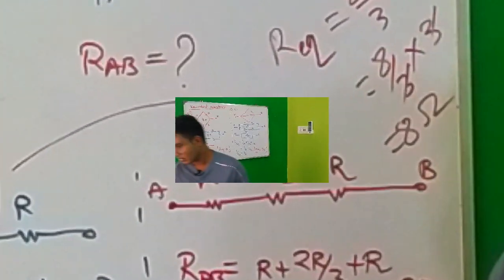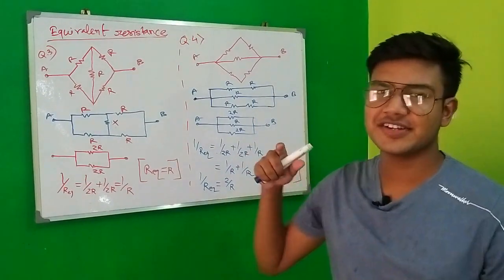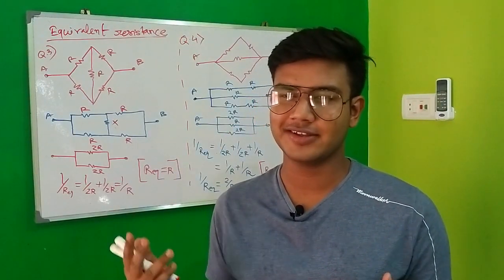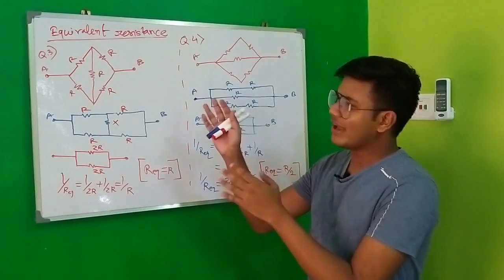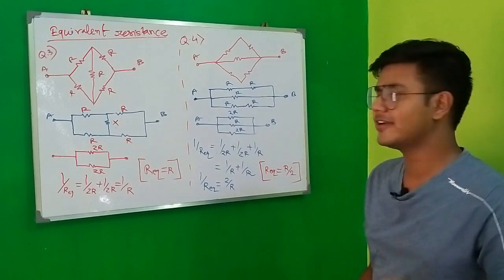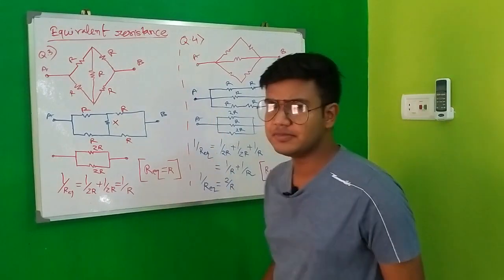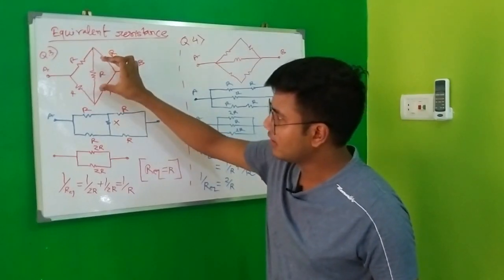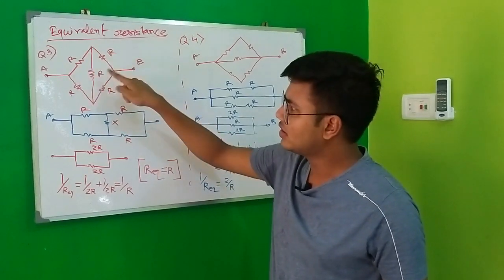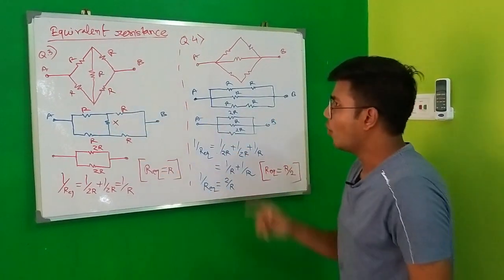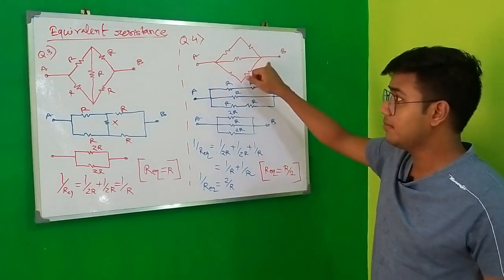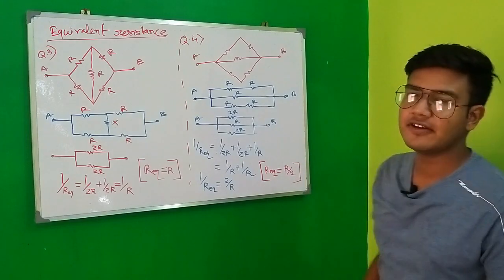So let's move on to the next one. Alright, this is question number 3 and 4. We will solve them together. You might be thinking you are pro now, so we will do it together. No, not like that. Actually, you can observe these two circuits look quite similar, but there is one difference. If you observe this one, the middle part is not actually connected with the terminal. This is a short between these two regions, while this part here is connected directly with terminals A and B. So that will make a big difference.